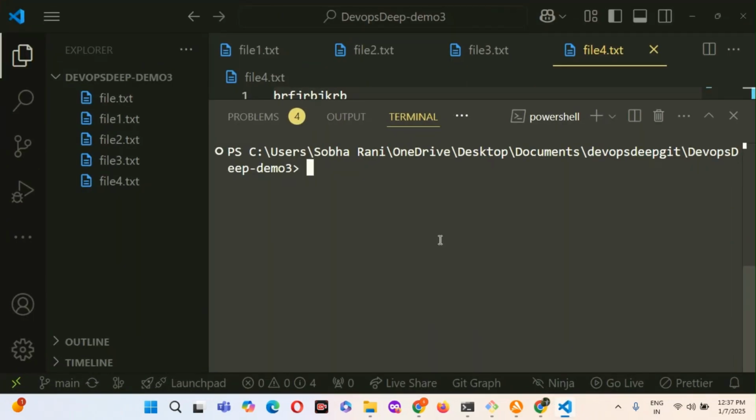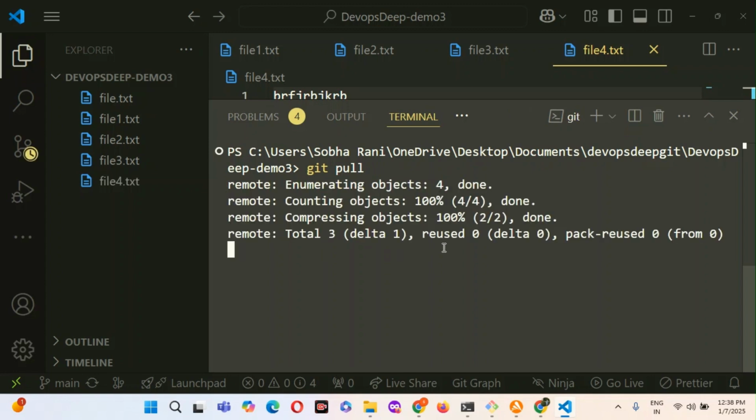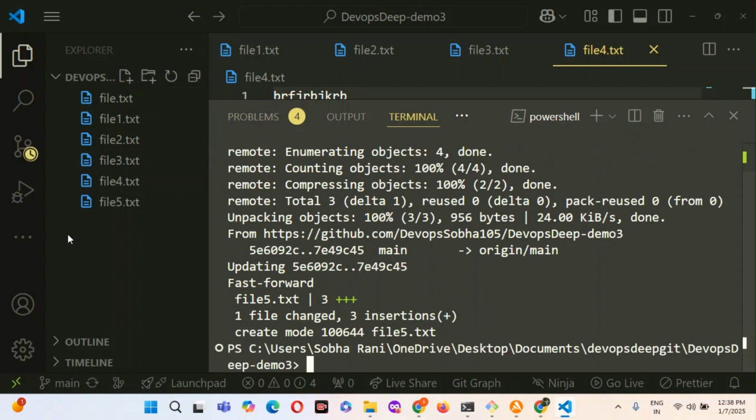You can pull those latest changes. I need file5.txt also. So what can you do? Just run the command git pull. Enter. See what happened, the file is also coming. That is the magic of git pull.